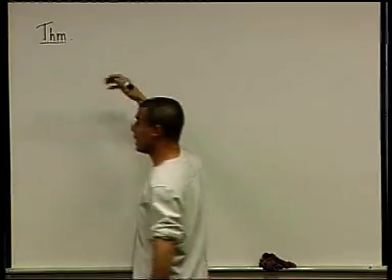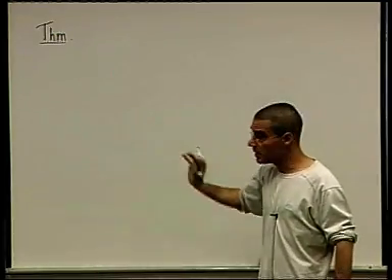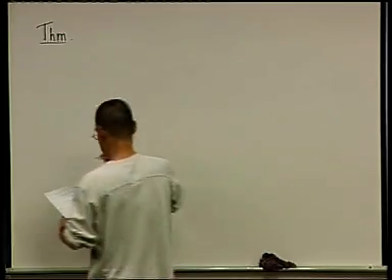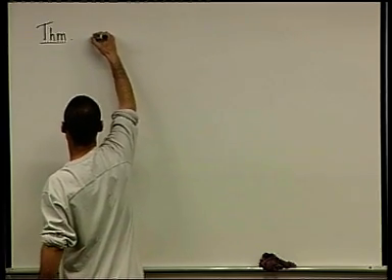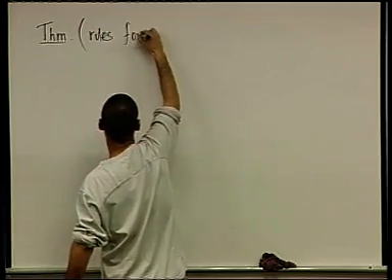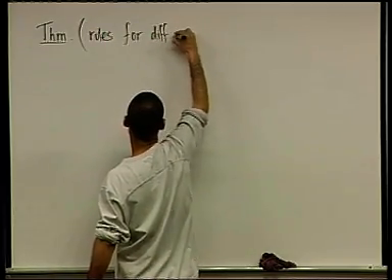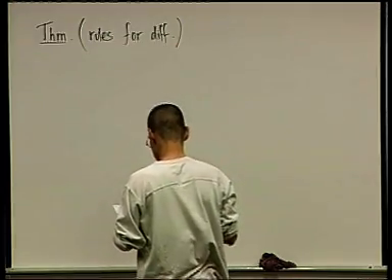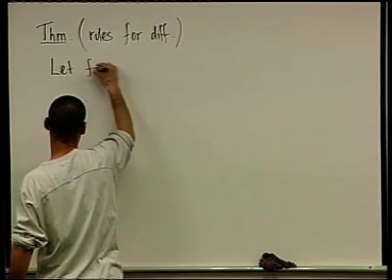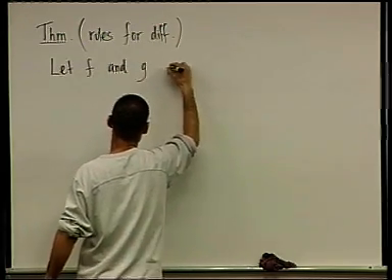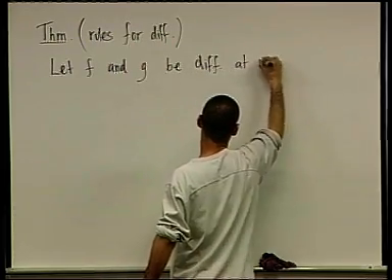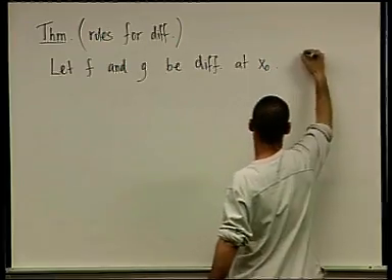So this is the arithmetics for derivatives, but it's very different than regular arithmetics. I'll write it and you'll probably recall. So, rules for differentiating. The assumptions are going to be: let f and g be differentiable at x0. Then